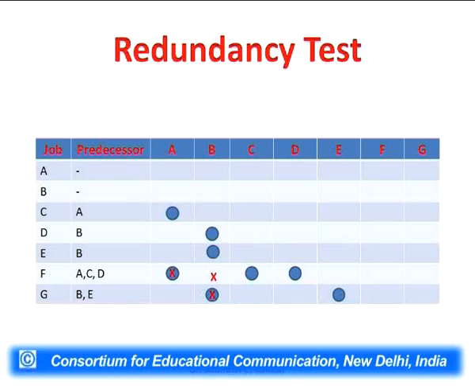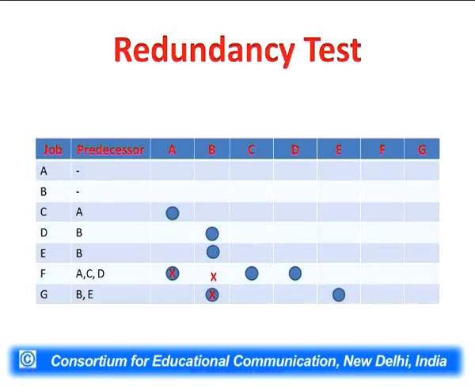Now, if we don't remove the redundant activity and its information from the table, we will not be able to complete the network. We will not be able to make the network unless this redundancy test has been done. So this is a must, and it should be carried out on the information which has been given before starting the project. This information is preceding activities, and of course duration also. After removing the redundancy, then we'll proceed and make the network.